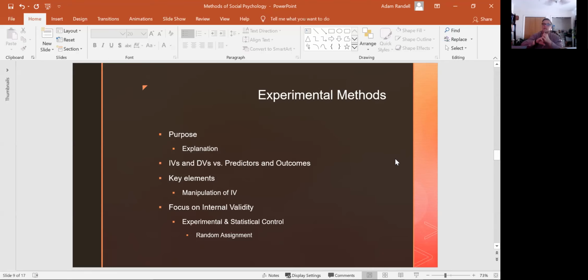All right. Now, the way we get the third ingredient in an experiment is by balancing the groups of people in each of our IV conditions. And we do that primarily through something called random assignment. This is when we take a random sample of people and then we randomly put them in each of our groups. Now, why do we do this? Well, very oftentimes when people, and you might even do this as you read this through the book, you'll say, well, what about